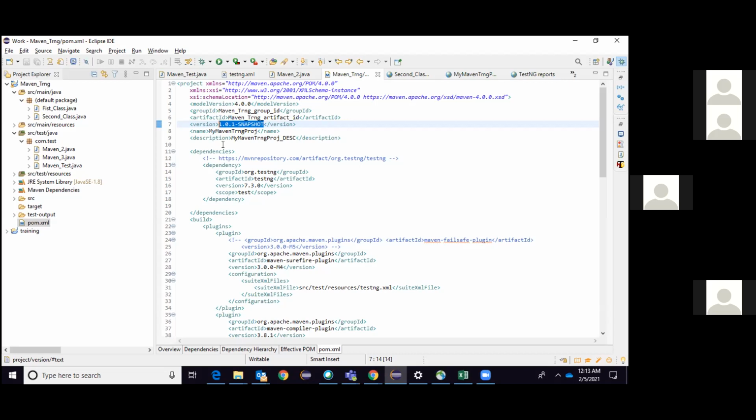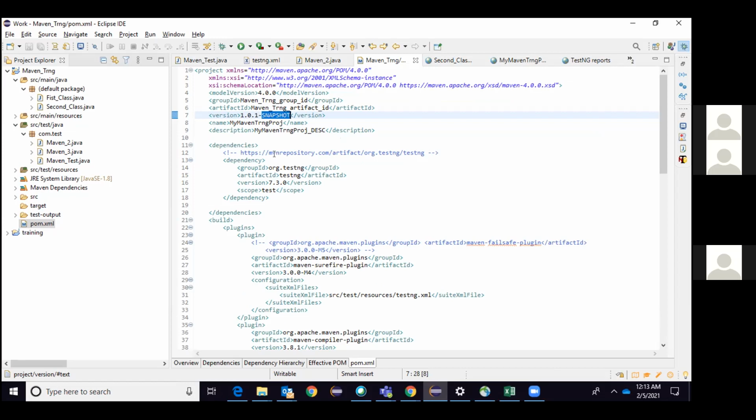In all the upper environments, we have to put the final release version. But in the development environment we make changes regularly, so we don't want to change the version. That is the major reason why there is an extra hyphen snapshot. That is the point here. So generally, I can say that snapshot is a trailer, and the release is the final version.